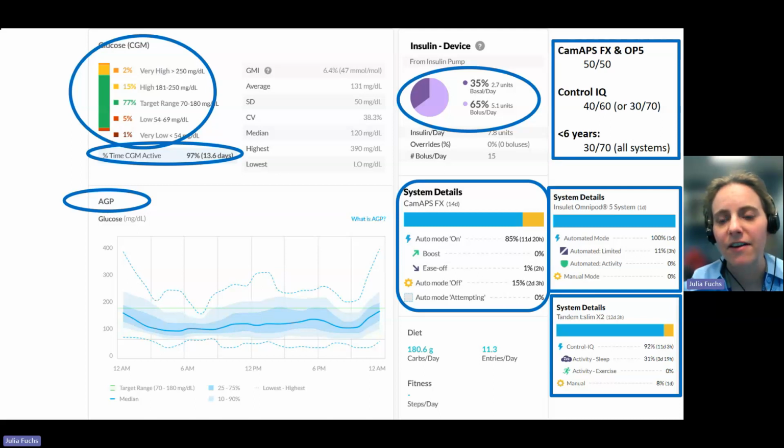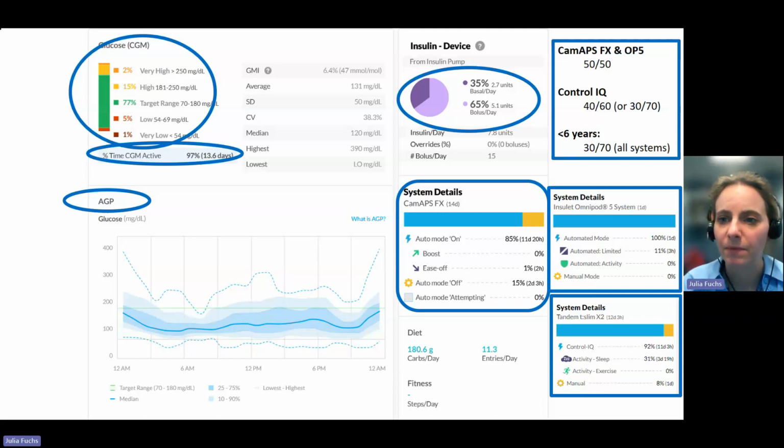So for CAM-APS FX and for Omnipod, all corrections are incorporated into the automated basal. So there's no auto corrections in those systems. It's all incorporated into the automated basal. And so here you're generally looking probably for a kind of 50-50 split between the automated basal and then the user-initiated bolus. For Control-IQ, the basal is automated, but all corrections are given as auto corrections, and they fall